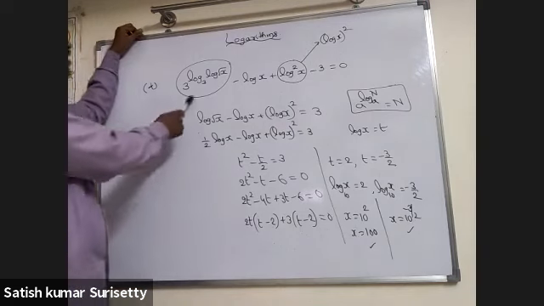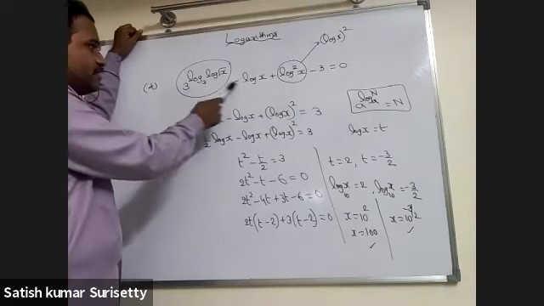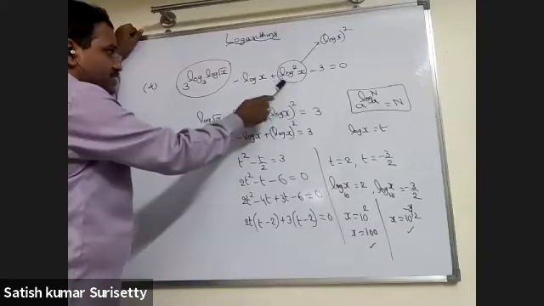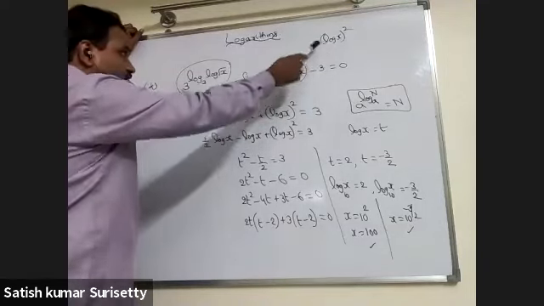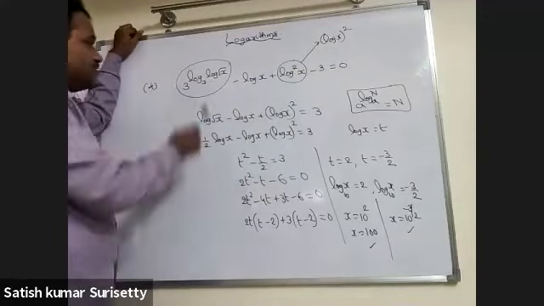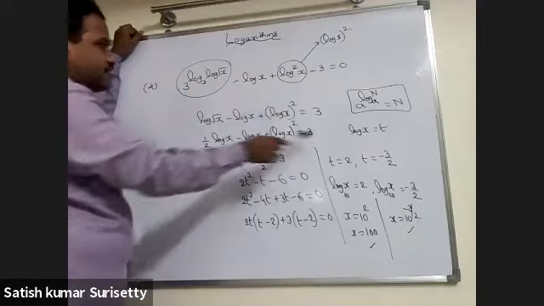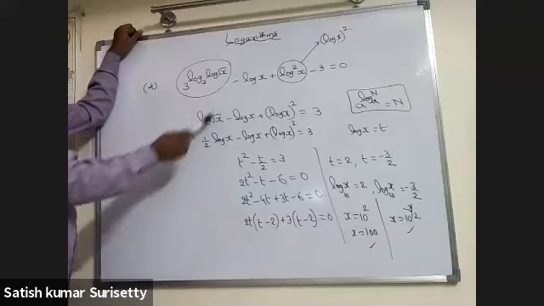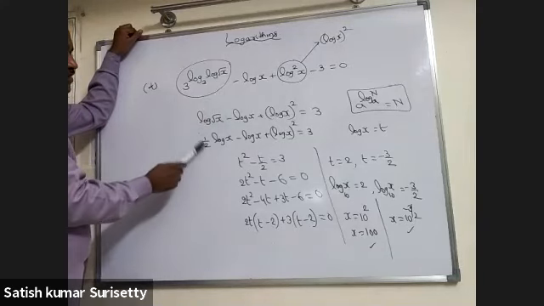So 3 to the power of log root x base 3, minus log x, plus (log x) whole square, minus 3 equal to 0. The meaning of this is log of x whole square, and you should not write it as 2 log x, which is wrong. So it is (log x) whole square only. Now here you have a property in this form, a to the power of log n base a equal to n. So this will be log root x. Now log root x will be the same as 1 by 2 log x.